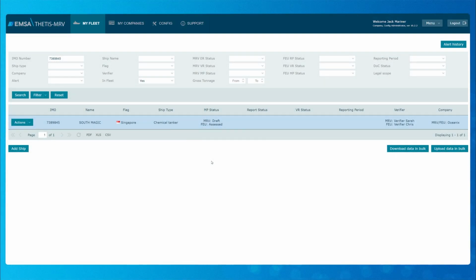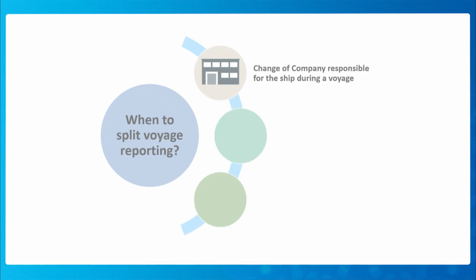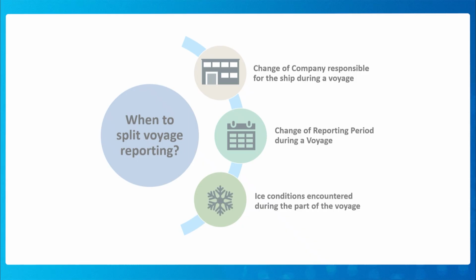In this video, we will demonstrate how to split voyages when needed. For example, in the following three situations: change of ship's responsible company occurring during a voyage, change of reporting period, or voyages starting during the reporting year and finishing in the following year, ice conditions encountered during part of the voyage, if the ship is entitled to use the benefit from sailing in ice, a derogation under FuelEU Legal Scope